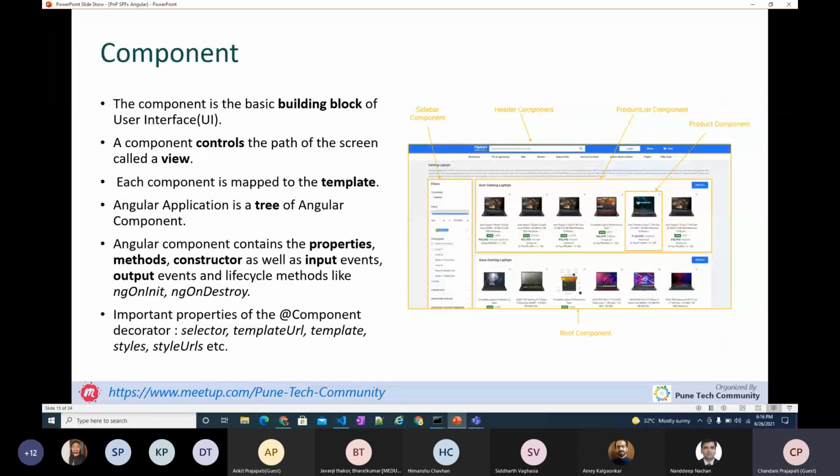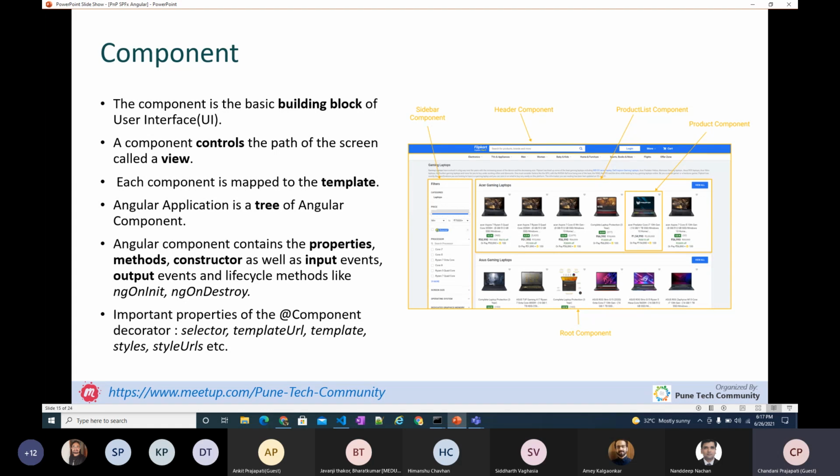Then component. The component is the basic building block of the user interface. So a component controls a part of the screen, which is called a view, and each component is mapped to a template. For example, in one component I have created one variable and I want to use this variable in the template.